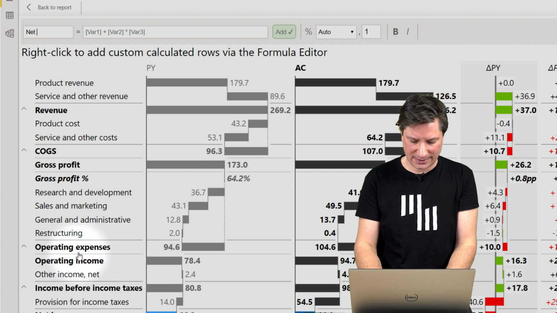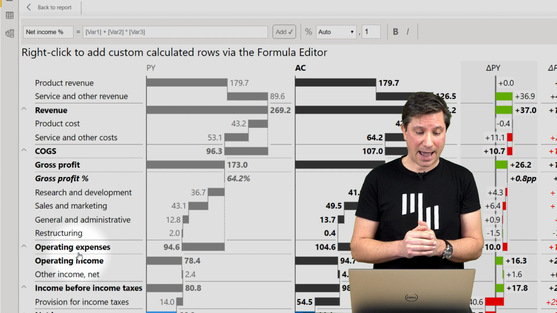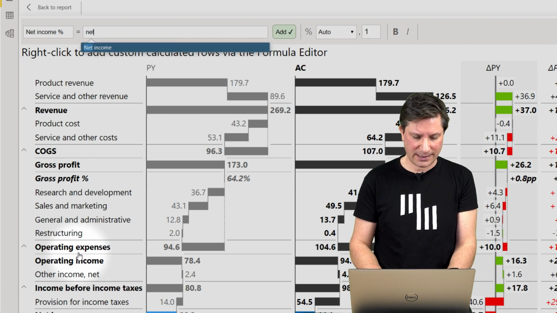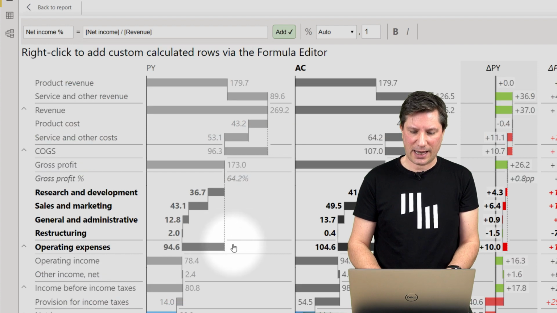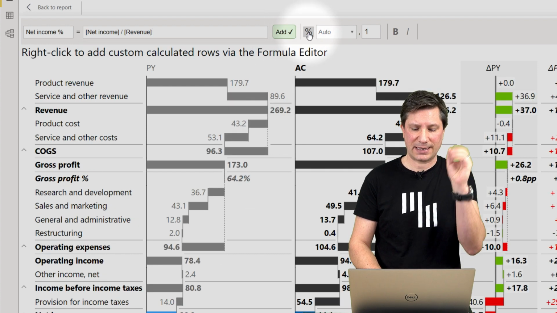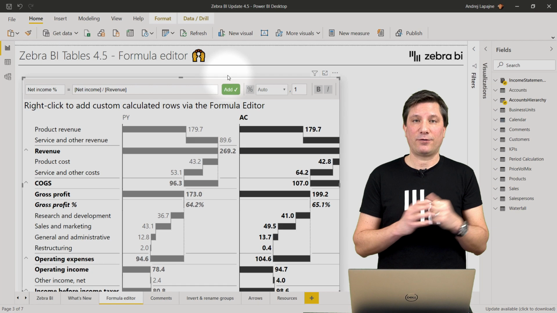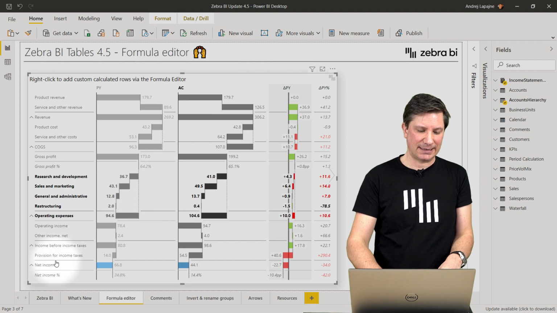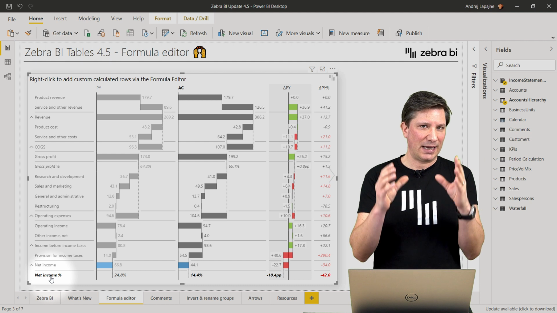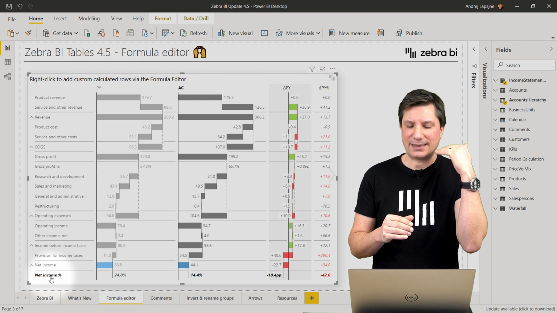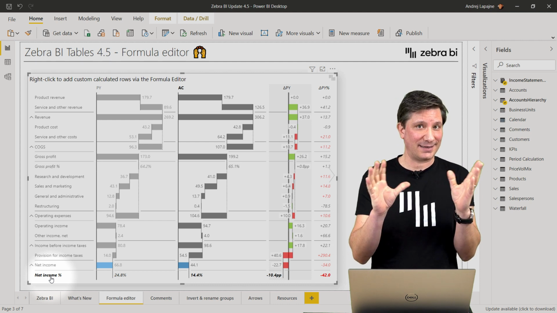So I'll just type net income percent, tab, and now I'll find the net income, tab, divided by revenue, and once again format this as a percentage, make it bold, italics, add the formula, and I have another custom calculated element in my table here. So in this way you can add as many formulas as you want to your tables, and it's very easy.